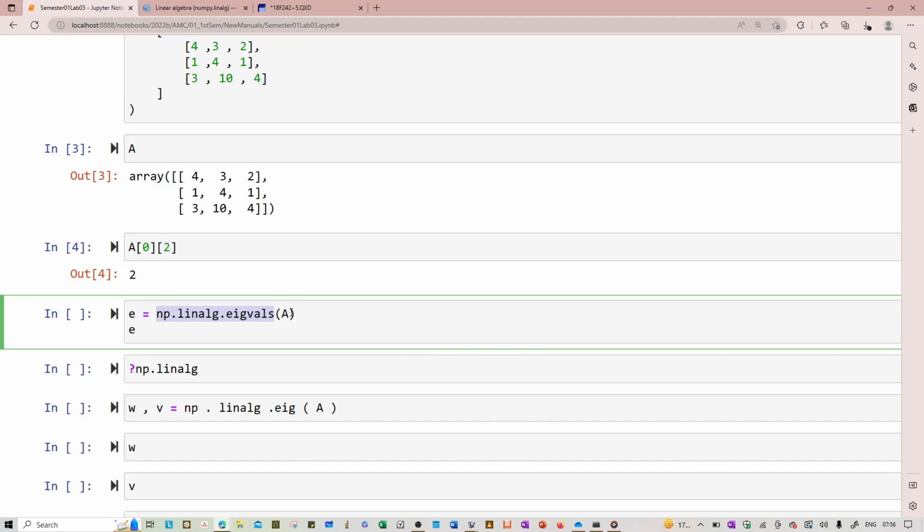And then in the bracket, we'll mention the variable name, which corresponds to the data type numpy array, in which the data of the given matrix is saved or put, right? Okay. So the way to invoke this function and identify the eigenvalues of a particular matrix A,